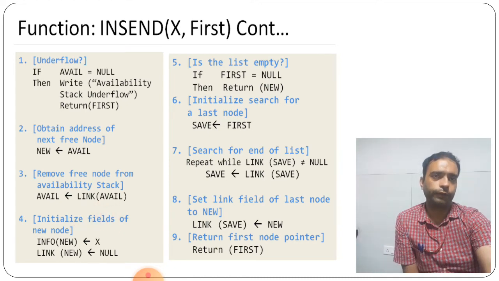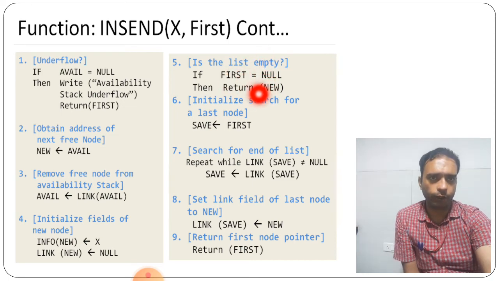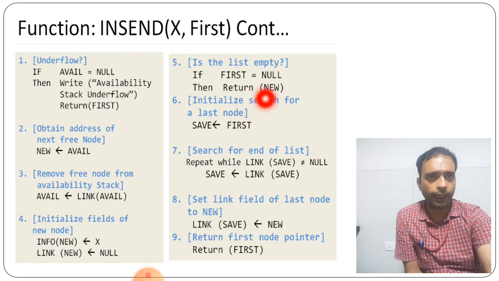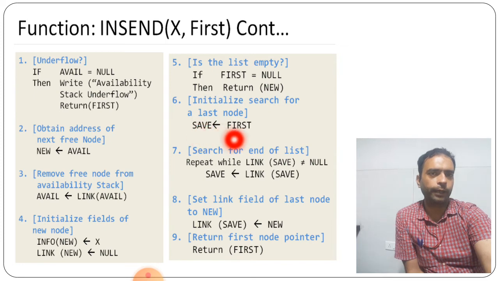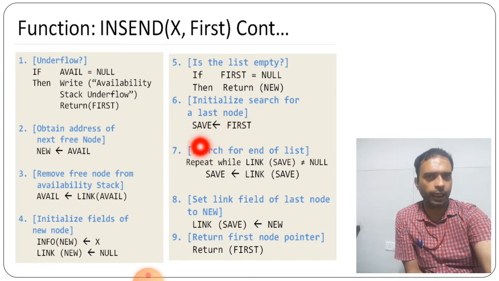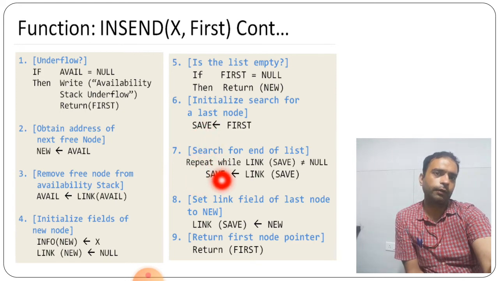Now we have to check if the first is null or not. If the first is null, then we have to return the new, and directly new हो जाएगा क्योंकि लास्ट तो कुछ होगा ही नहीं, क्योंकि फर्स्ट ही null है इसके अंदर. एंड सेकेंडली what we have to do, initialize the search. एंड तो सेव करके एक वेरिएबल हम लोग लेंगे, जो फर्स्ट वाला पार्ट हम लोग इनिशियली उसके अंदर डालेंगे, और फिर क्या करेंगे, सेव को एक एक करके, जब तक वो नल नहीं आ जाता,